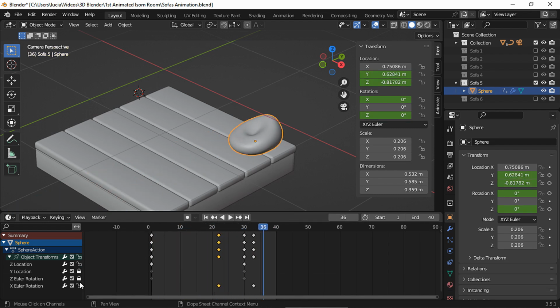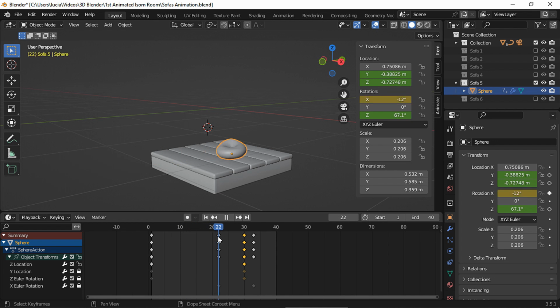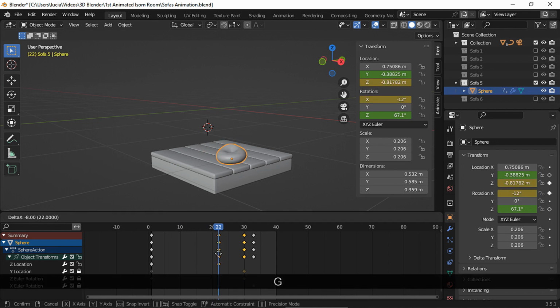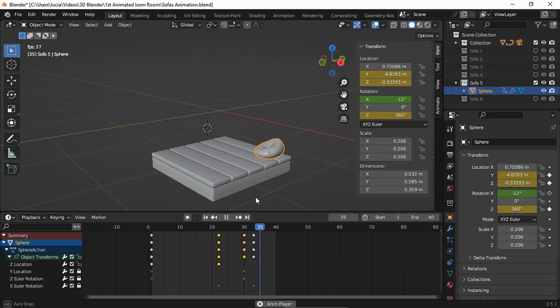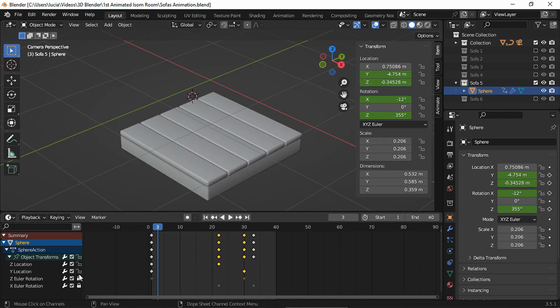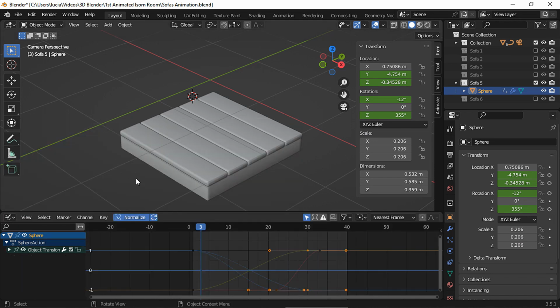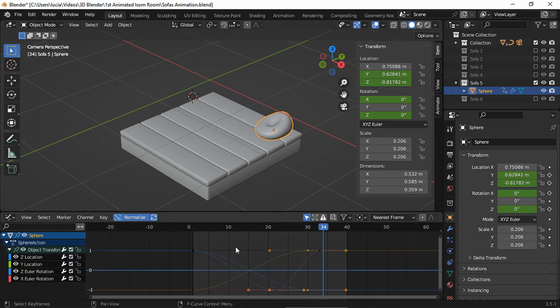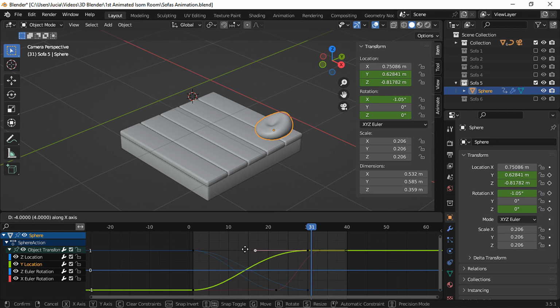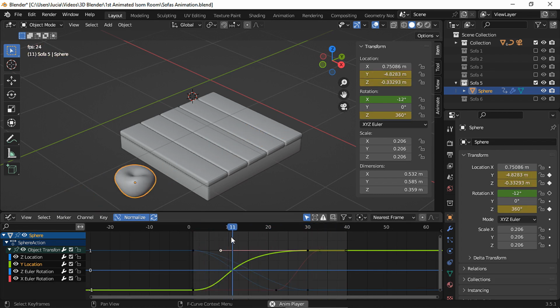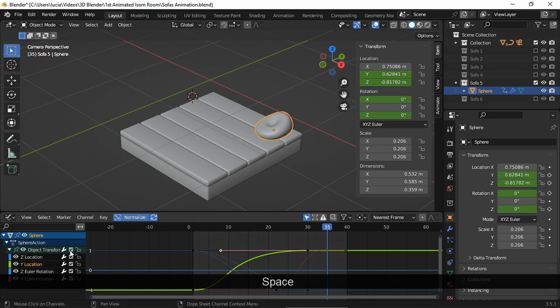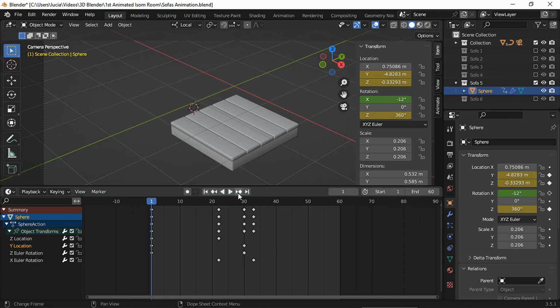Now lock all the channels but the set location channel, and move these keyframes to frame 22. Now the sofa touches the floor a bit sooner than in our previous animation. Now we can ease the animation a bit, so let's go to the graph editor, open up this channels group, select the Y location channel, select this keyframe and stretch this handle to decelerate the movement. And now let's see each keyframe one by one.